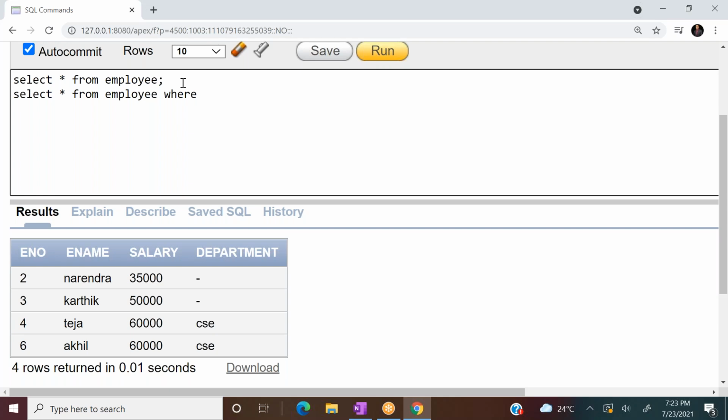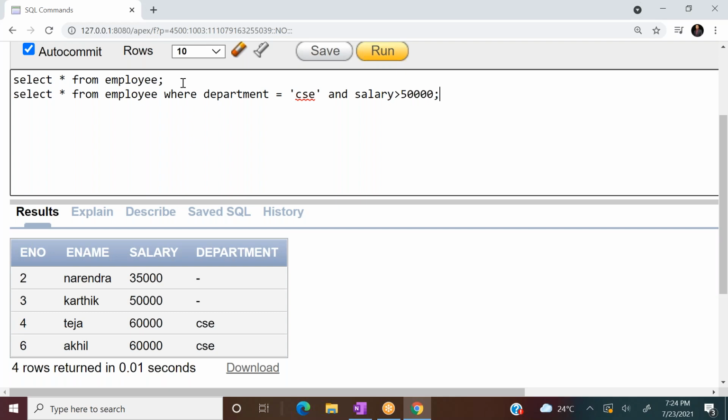What do we have to write here? Employees of department CSE. You write a condition department equals, in single quotes, CSE. Okay, very good, Surendra. And we also have another condition. When more than one condition is there, we have to write all conditions connected with logical connectives. Here I wanted employees of CSE department whose salary is above 50,000. So the second condition is salary greater than 50,000 semicolon, and the query ends with a semicolon.